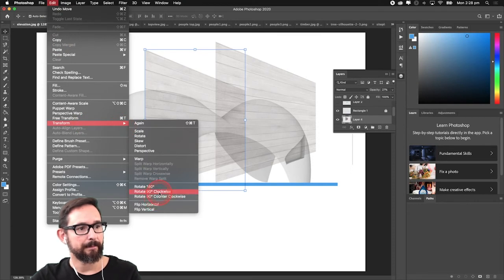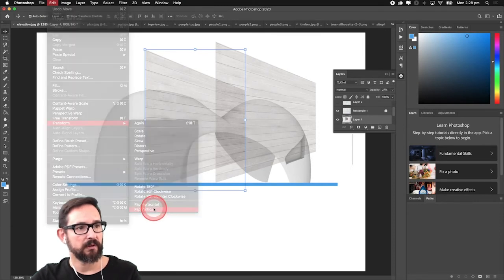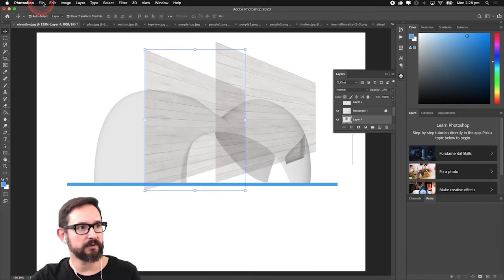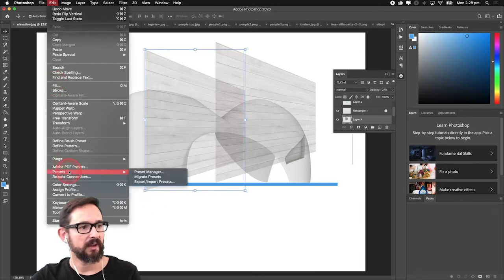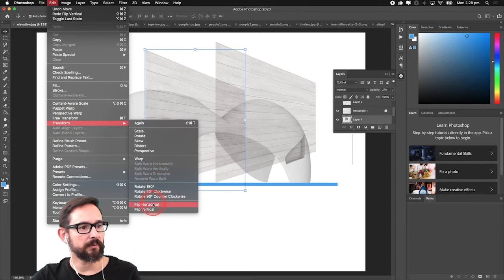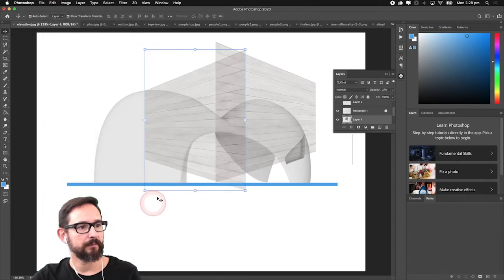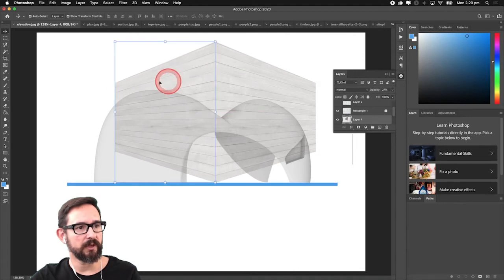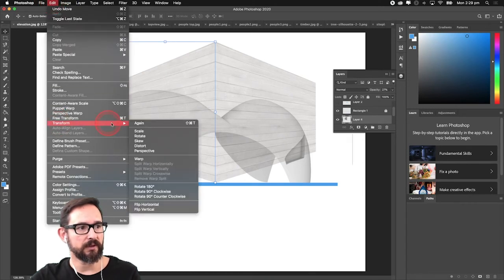do, flip vertical. So that will basically, oops, sorry, flip horizontal. That's what I meant. Edit transform, flip horizontal, and that basically will start creating a cube, right? So this is kind of how you can deform using the transform, the distort